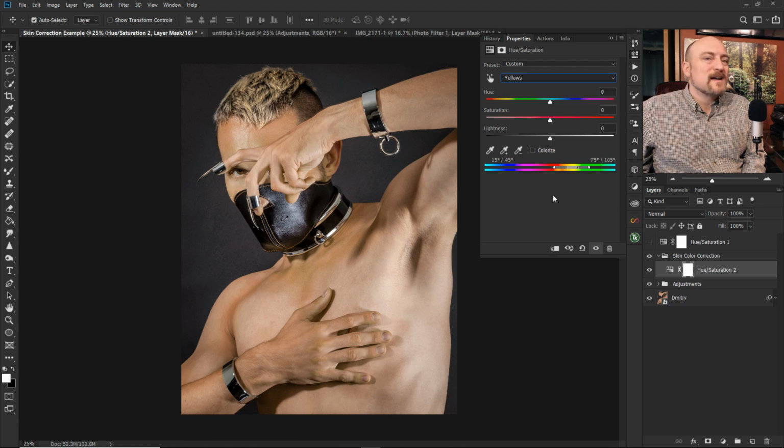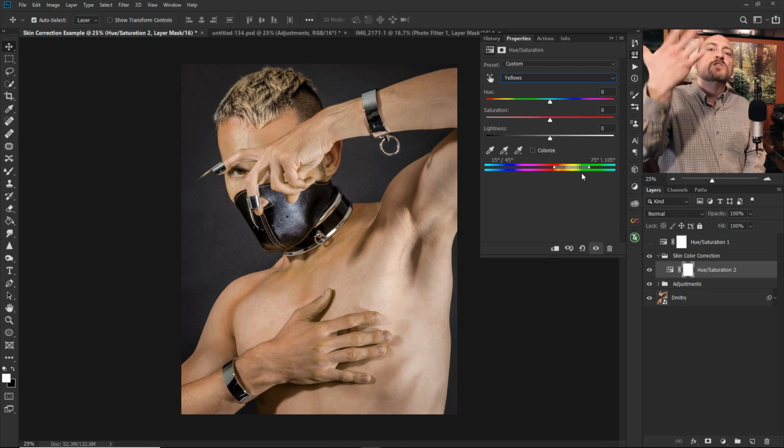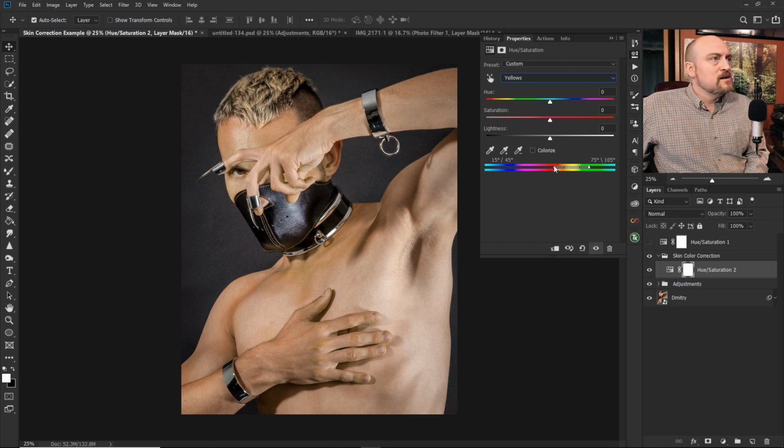So the next thing we're going to do is come down here to the yellows, and we're going to counteract that a little bit by making the reds, yellows a little bit more red, and that'll bring it back into the kind of flush pink tones that we want to see for this area. And same thing as before, drag the saturation all the way up here, drag the feathering sliders over to the edge,